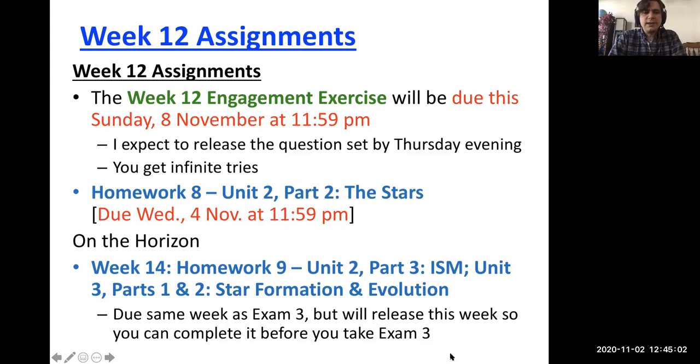I do want to note that this homework assignment, the last homework assignment for the semester, homework number 9, that's due the Wednesday of week 14, that's the same week as exam 3. I don't normally like to have homework due after the exam that covers some of that material. So what I'm going to do is I'm going to make sure that homework 9 is available to you early this week in week 12 so that you can choose to complete it prior to exam 3 to help you